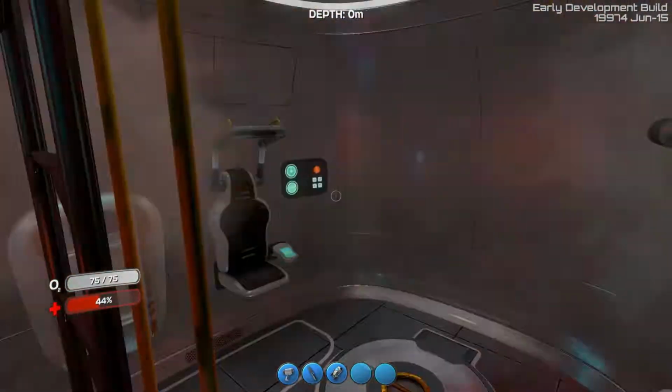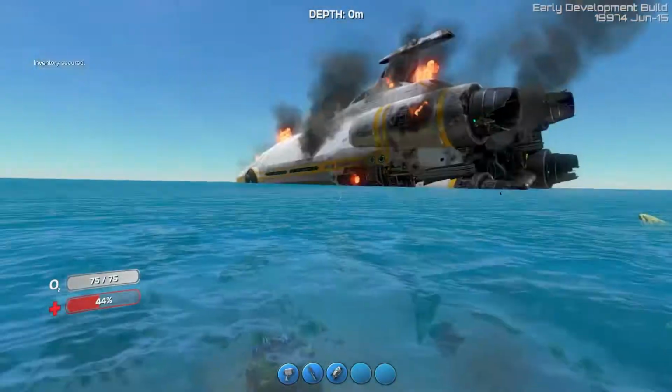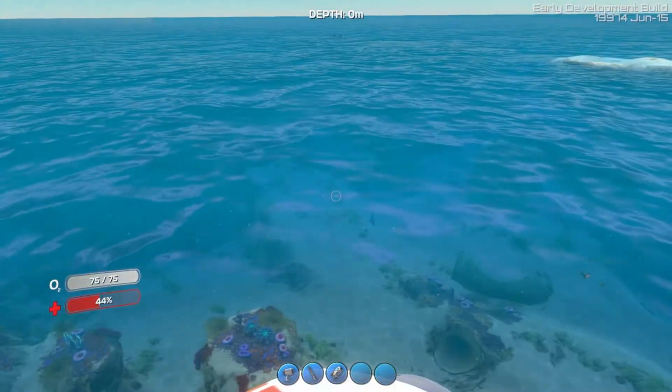Emergency. Readings from the Aurora show severe instability in the primary drive. The central dark matter reactor will reach a supercritical state in T-minus